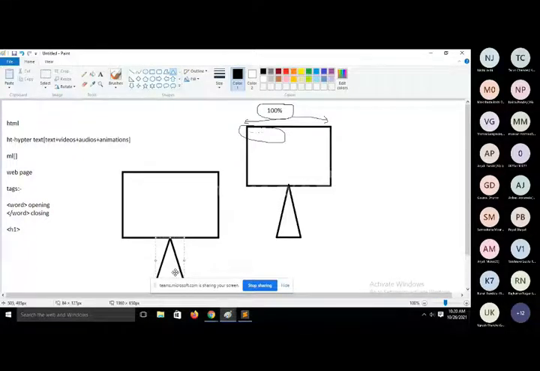So we have basically two ways to do this. First one is you will use a table, and second one is you will use the division tag. So what is division? If you want to divide your screen into multiple partitions, one is used for heading, then we will use a second partition for links, then we will use this partition. You can use n number of partitions here. Each and every partition should be considered as a division.